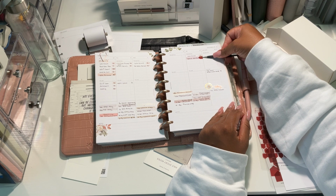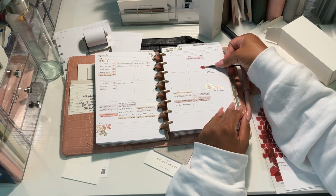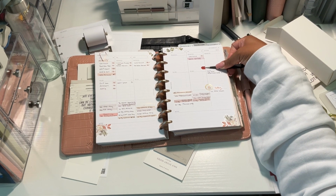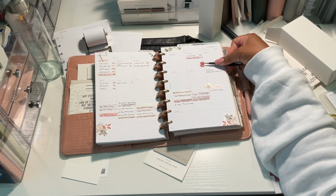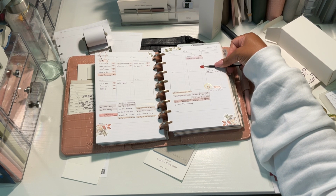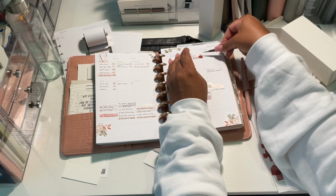Well, that covers up the letter entirely because I wrote too big for that. Let me see. Yeah, so you can see, and hopefully my head's not in the way, that it kind of fits almost within the square. It is a little bit wider, and it's also a little bit longer, obviously, as well. And in this case, I actually wrote over the line, so that's even more the reason why that's gonna cover that up. But I'm gonna go ahead and put that there, and then I'm gonna get my Sharpie pen,